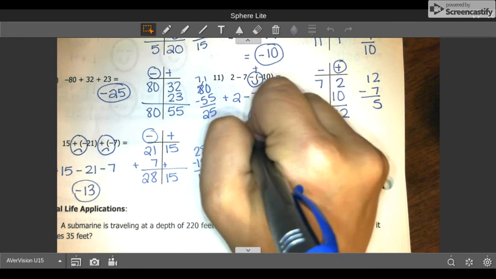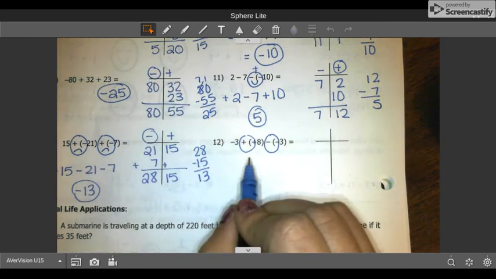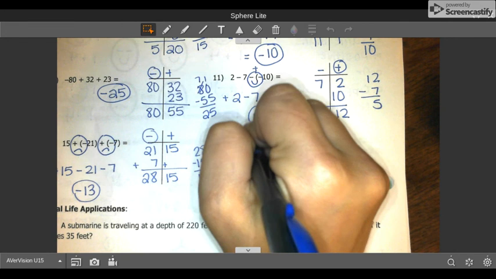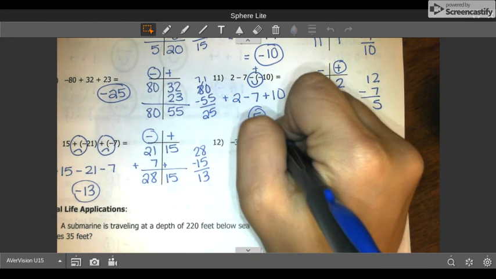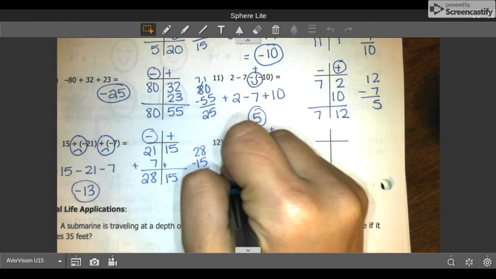So next I'm going to combine these two double signs. These two signs are the same, so they're going to change into a positive. These two signs are the same, so they're going to change into a positive. And when I rewrite this,